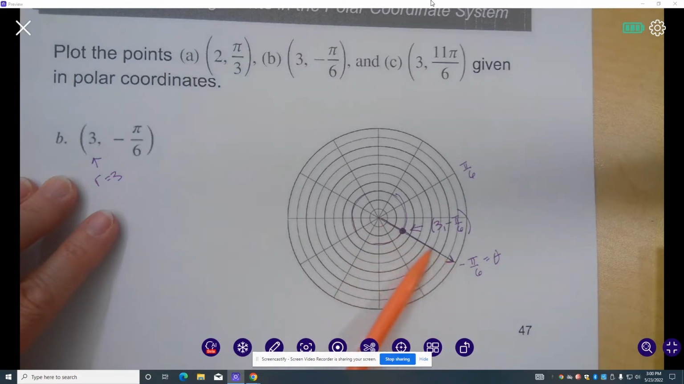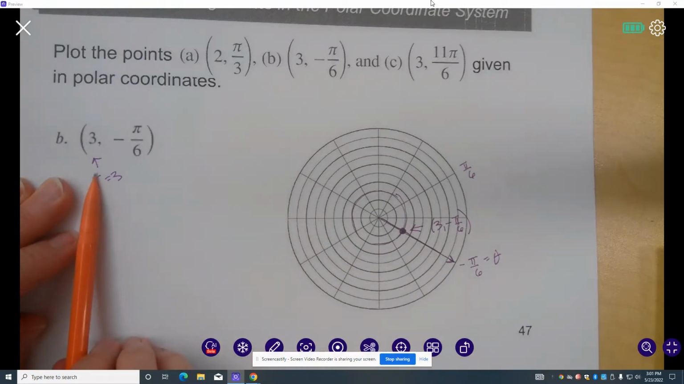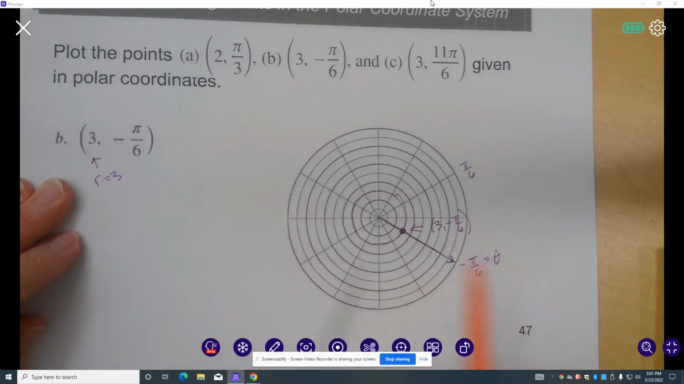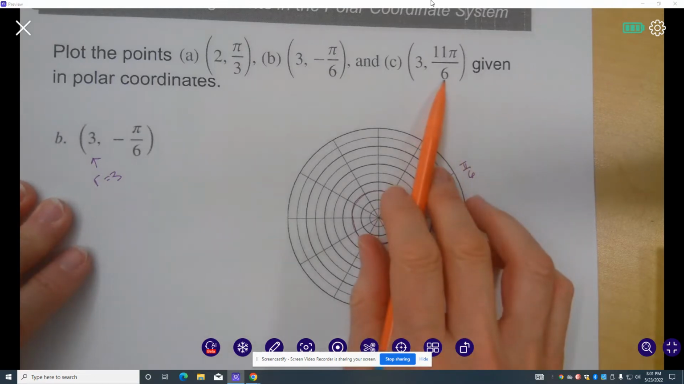So this angle right here, this entire line here, is all the r values where theta is negative pi over 6. Now I want an r value of 3. So this is radius 1, radius 2, radius 3, the third circle out. That's where I want my coordinate point. R equals 3, angle is negative pi over 6. All right, C